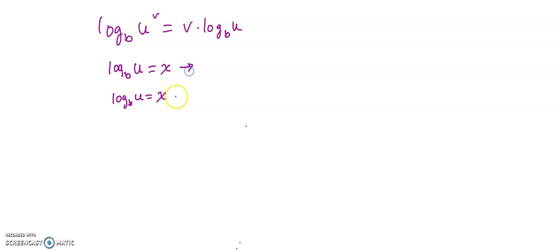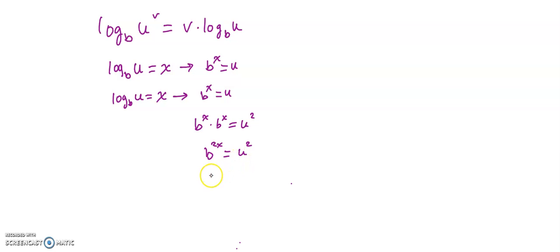Well, if I rewrote this both in exponential form, wouldn't it be b to the x equals u and b to the x equals u? And if I multiply both sides, wouldn't I get b to the x times b to the x equals u squared? So wouldn't I get b to the 2x equals u squared? Well, again, if I rewrote this using exponential log form, wouldn't it become log base